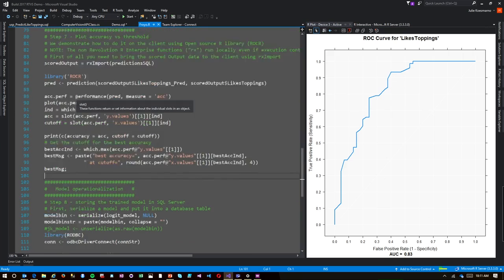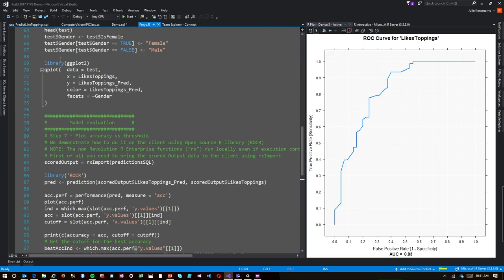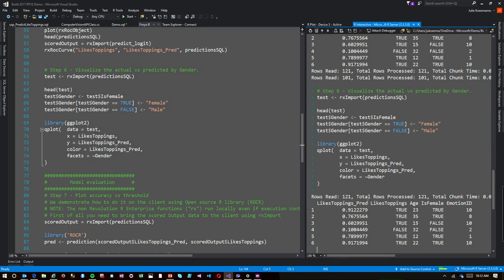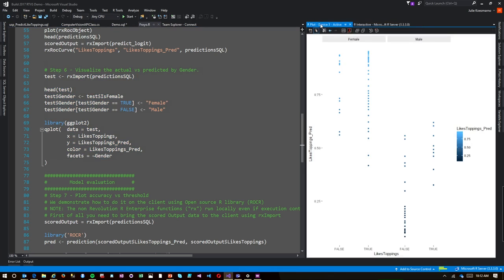Let me also do one more thing real quick. See how I mentioned that R can be used for visualization? So this is why it can be pretty good to know R. All right, so has it done that? Yeah. So this is the visualization part of R. I thought I'll give you a bit of a flavor of how it works. So I'm predicting the toppings based on the gender, and the like toppings prediction here is the probability of the